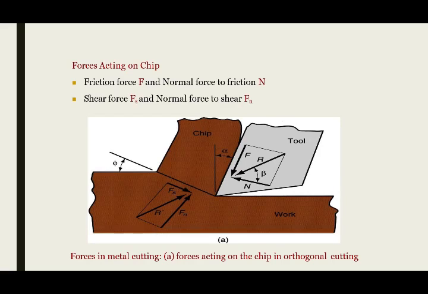Earlier, we have understood about the mechanics of metal cutting and types of chips, structure of rake angle, positive rake angle, negative rake angle, and the importance of positive and negative rake angles. Here you can find the rake angle is positive. If the tool face is lying on the left side of this normal, then it is a negative rake angle.